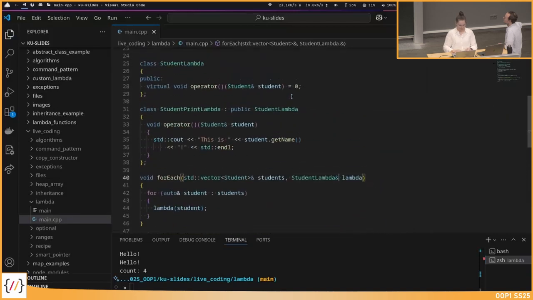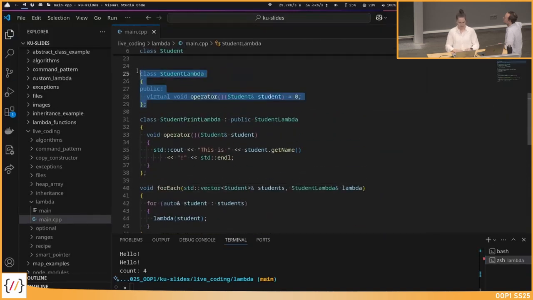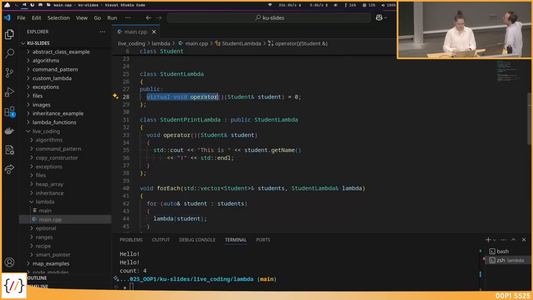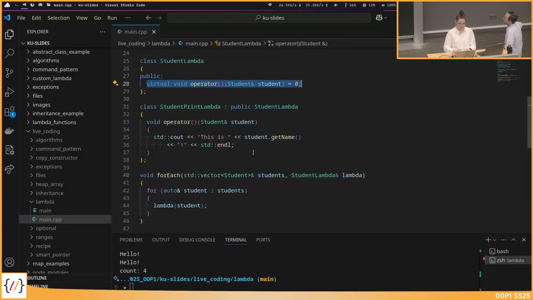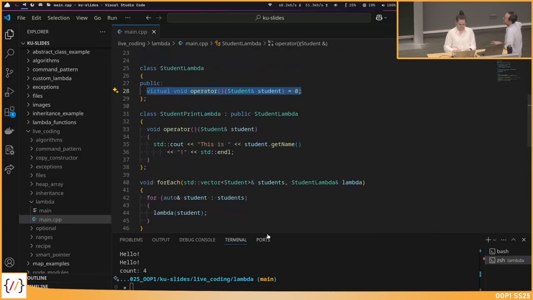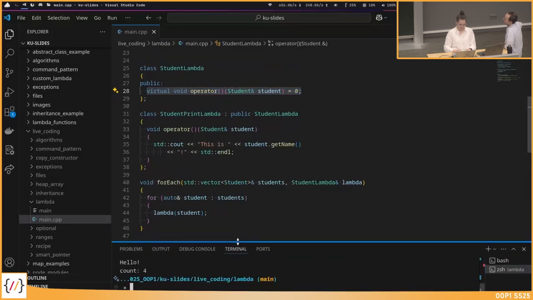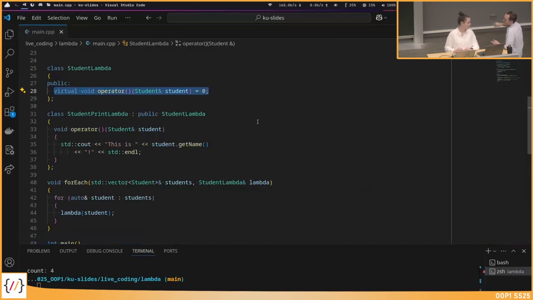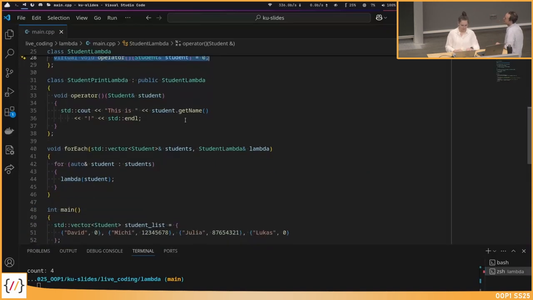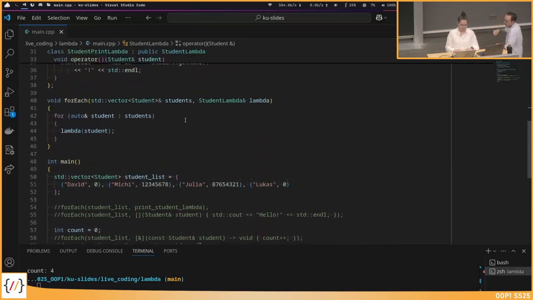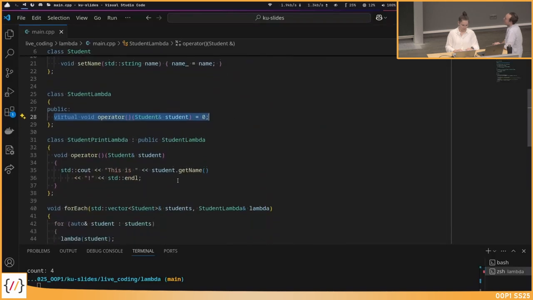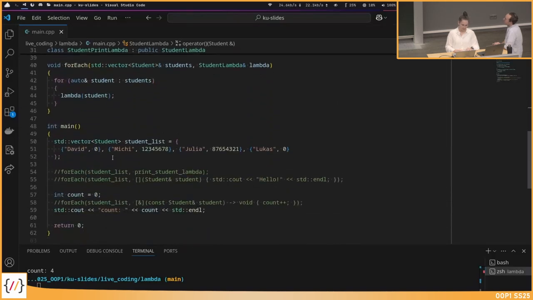We just want to take a student lambda. And this student lambda is our abstract class. And we know this operator is supported by this class because we have it here as a pure virtual method. So this is this operator with the brackets, then it just means, okay, I write the name of the variable and then brackets and the argument. So basically I don't need to use the dot now to access a method, but I just write the brackets there. Yeah. And what we can do now